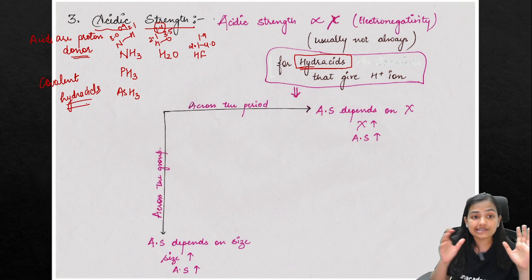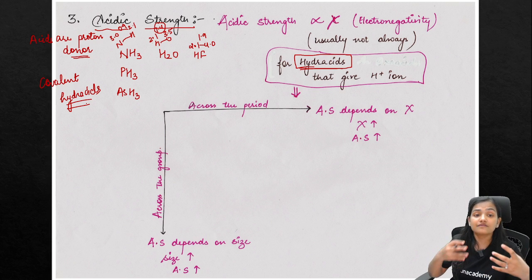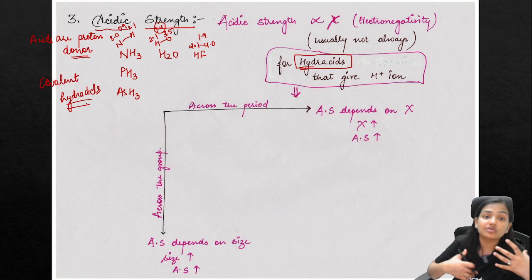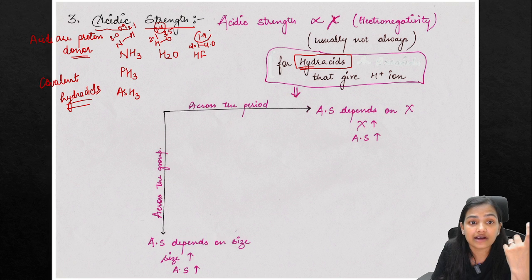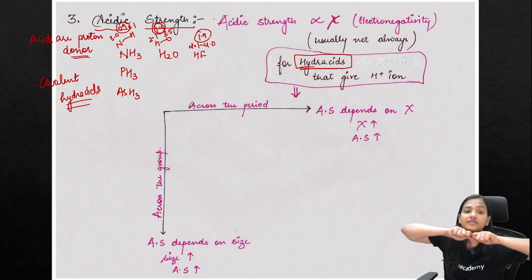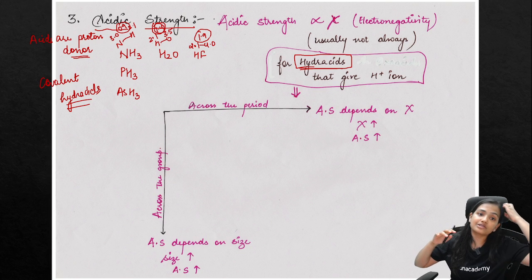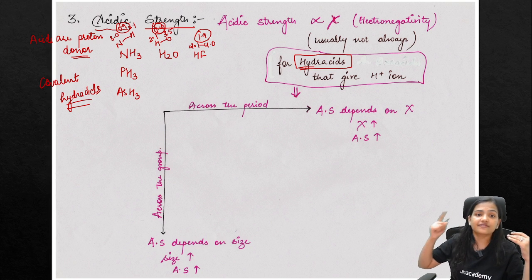But my point is, which has more tendency to give a proton, which bond can be broken very easily. Here we found the differences 1.9, 1.4 and 0.9. So 1.9 is a much larger electronegativity difference. If I ask which species can give the proton easily, yes, HF can give the proton